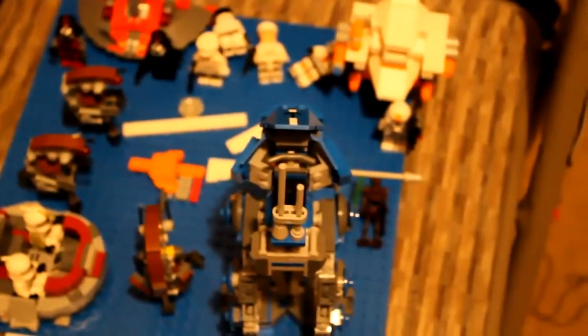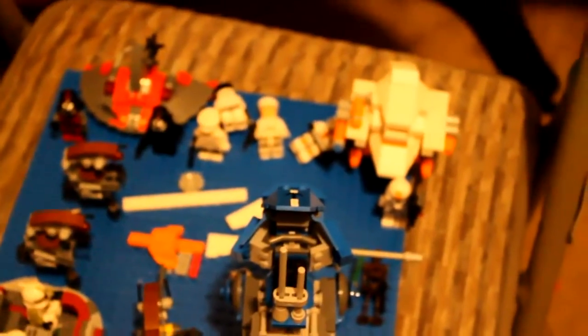And I'm also going to be getting probably a good 2 of the Z95 Headhunters at most, and definitely at most 4 of the 501st ATRTs, just so I have a decent amount of those Clone Wars ships. I can definitely say I can get all of the new ships from the new line, even the Galactic Civil War sets, but I'm not going to go into that at this point because this is all about the Clone Army. So that's what I plan to do as far as the newest clone sets